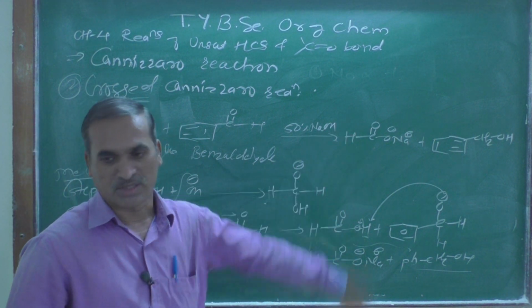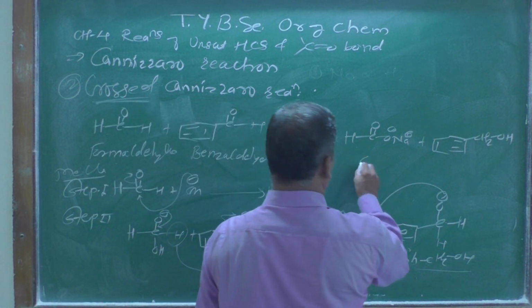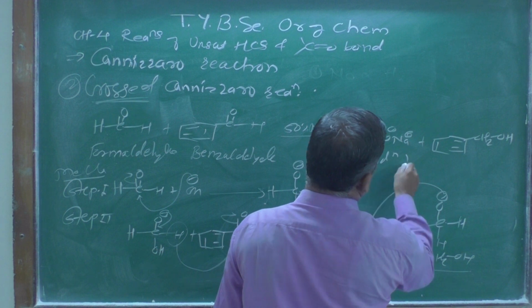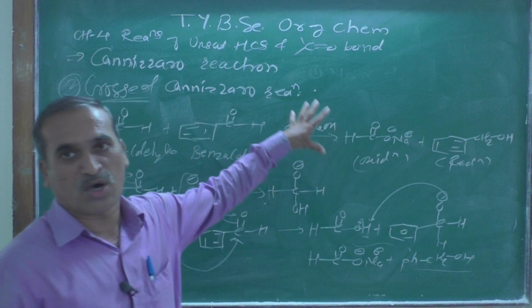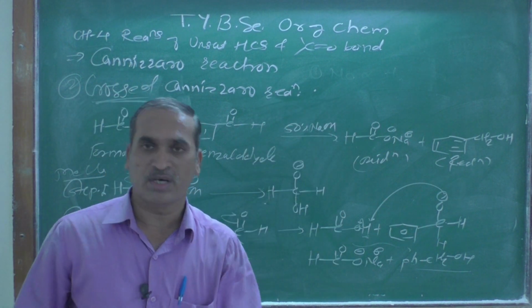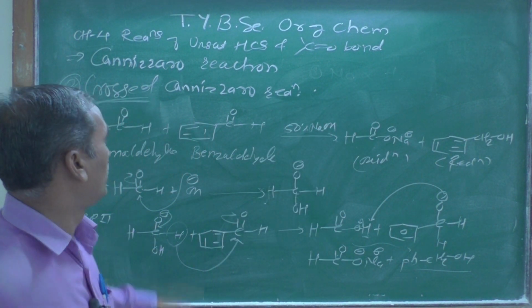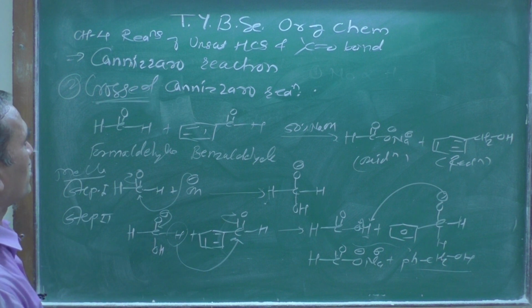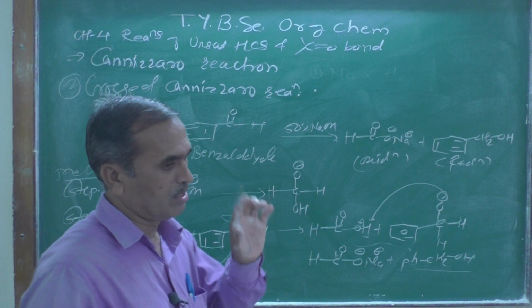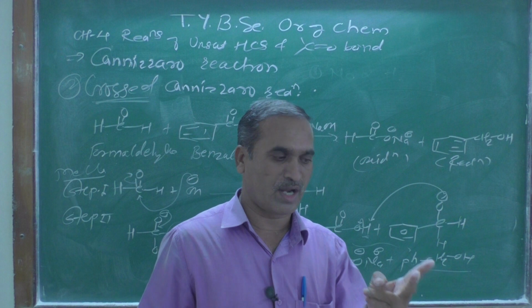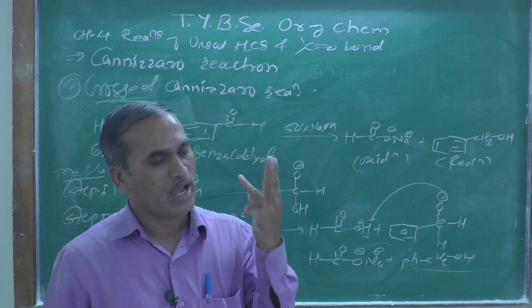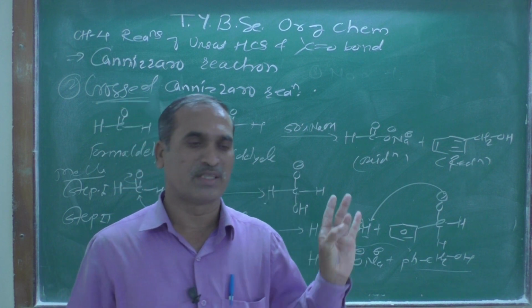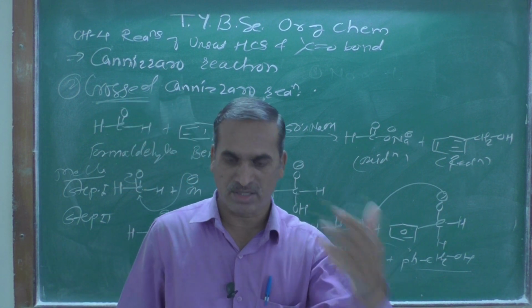Sodium formate, this is the oxidized form, oxidation reaction, and this is the reduced form, reduction reaction, right? This goes in the oxidized form, that goes in the reduced form. There is a competition. So this type of reaction is called a cross Cannizzaro reaction. There should be no alpha hydrogen atom. It undergoes a self oxidation reaction, and strong alkali is employed in the reaction, and there is a transfer